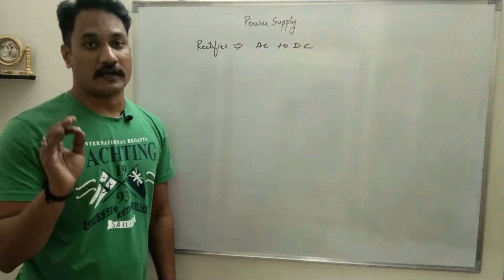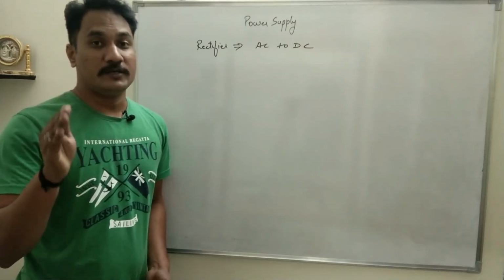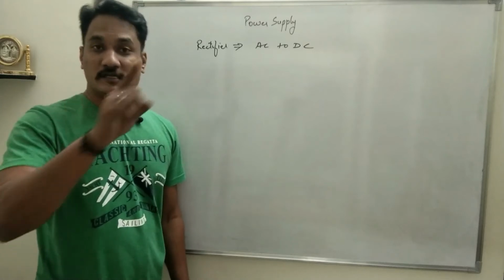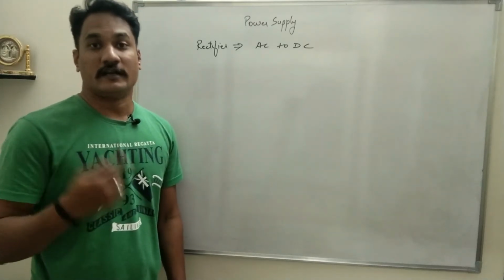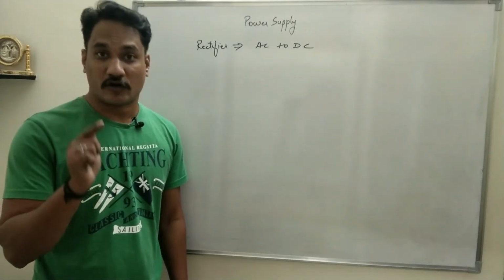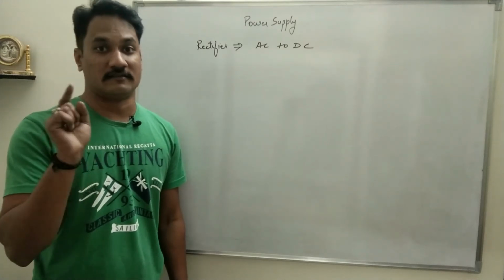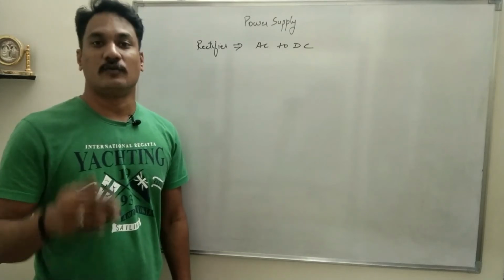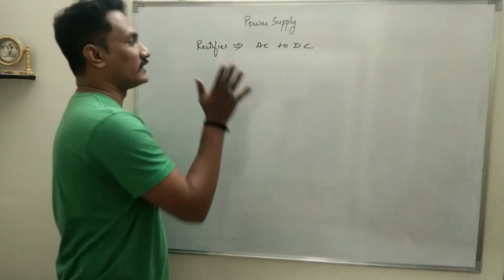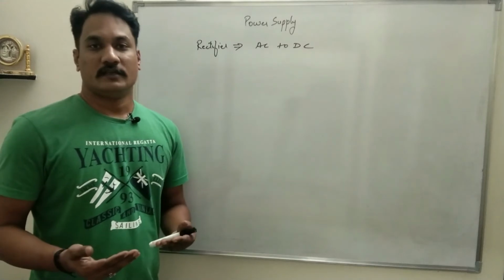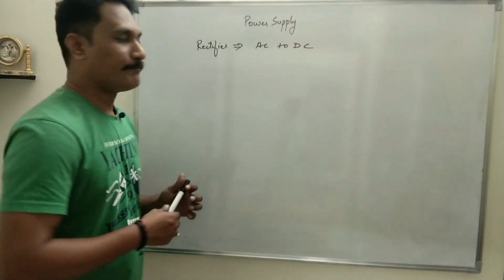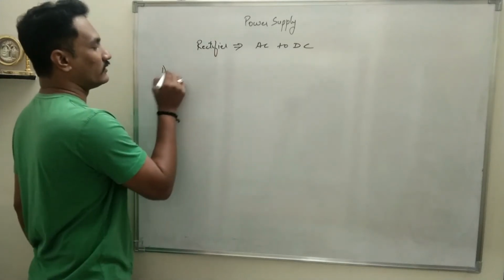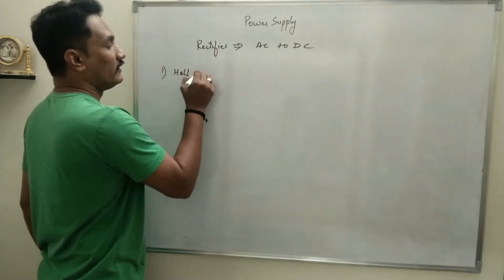That is the basic purpose of designing a rectifier. Here we will use a PN junction diode. If you have not understood the PN junction, please go to the introductory video to understand the PN junction, its working, its forward bias and reverse bias conditions, and its junction resistance during forward bias and reverse bias. It will help you understand these rectifiers in a very easy manner. Let us design the first one called the half wave rectifier.